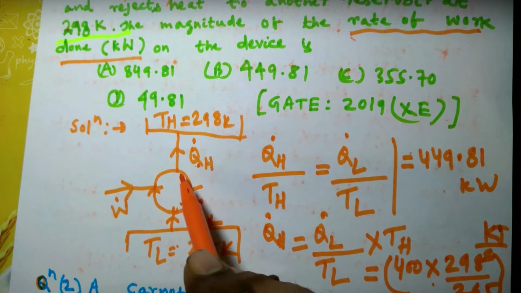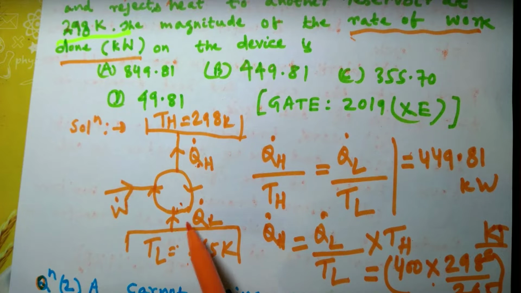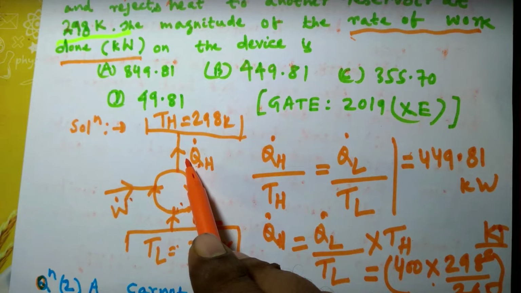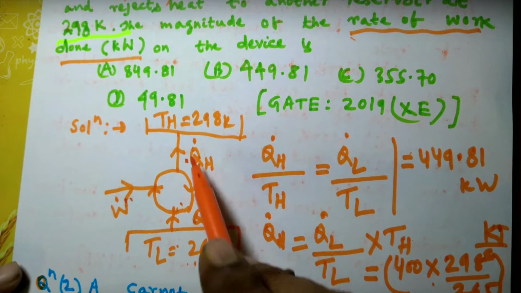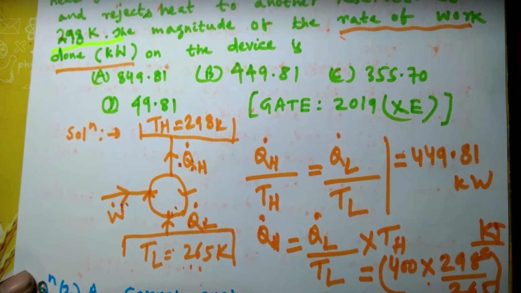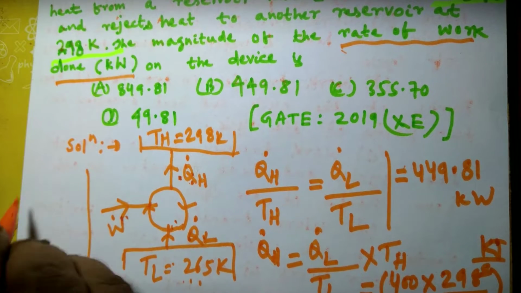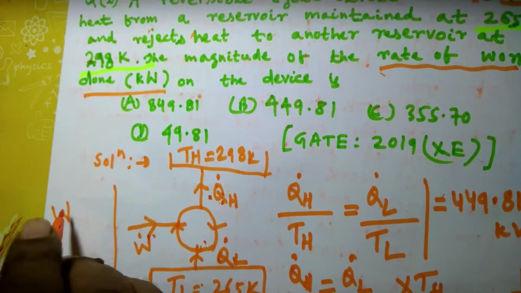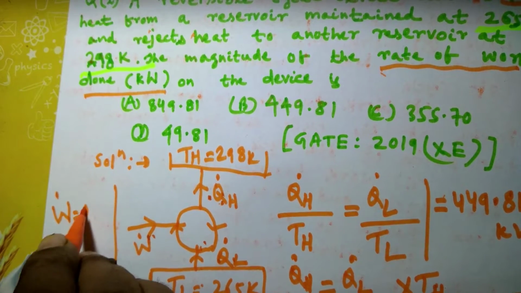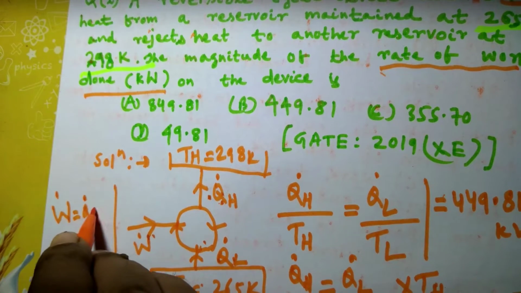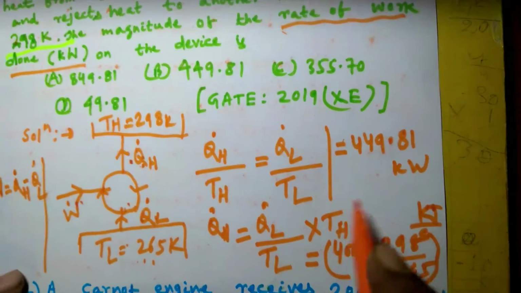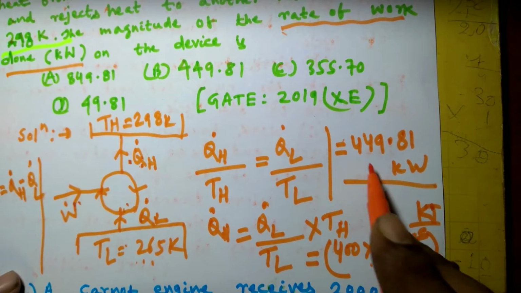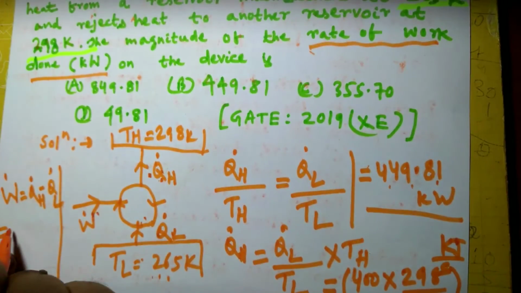And so Q dot L plus W dot is equal to Q dot H. So W dot is equal to Q dot H minus Q dot L. So W dot, we are to find out, W dot is equal to Q dot H minus Q dot L. Q dot H, this is the Q dot H, that is 449.81